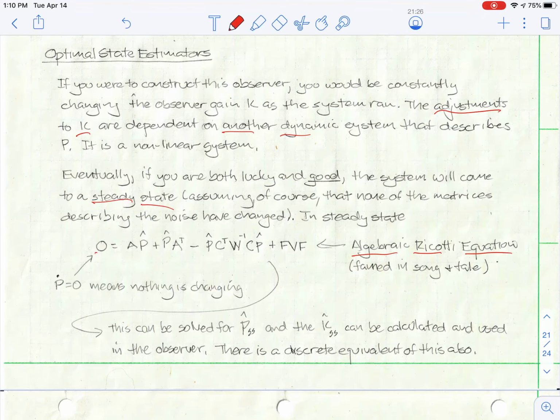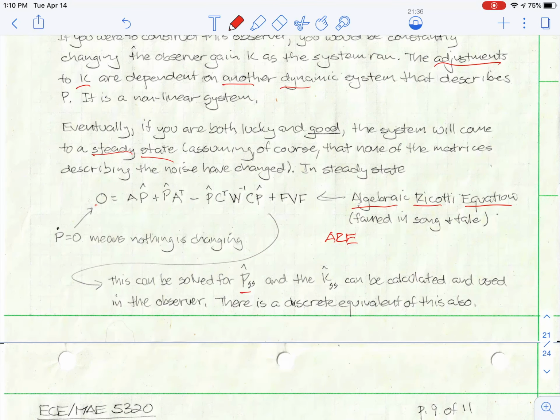It's famed in song and tale. This also comes into optimal control. This is called an ARE, okay? And it means nothing has changed. This can be solved for P steady state and P hat steady state and K hat steady state, and these can be used to calculate the value